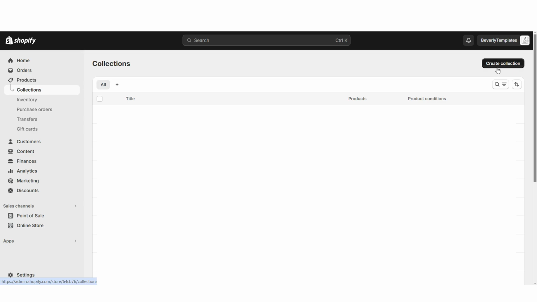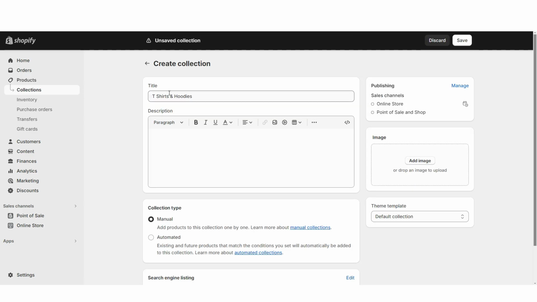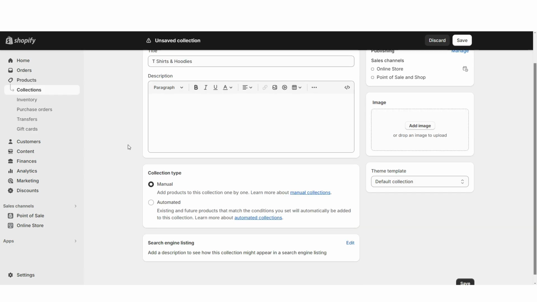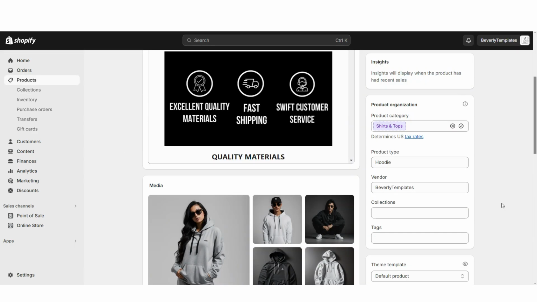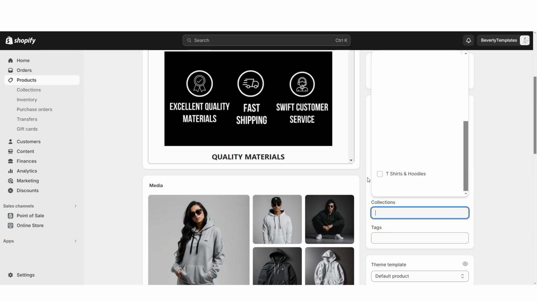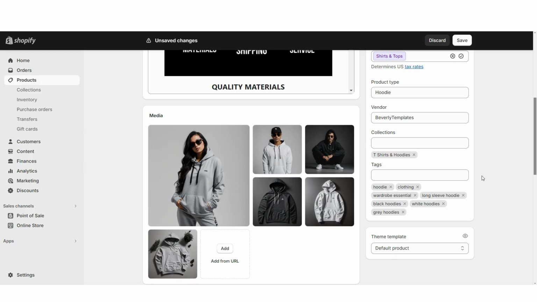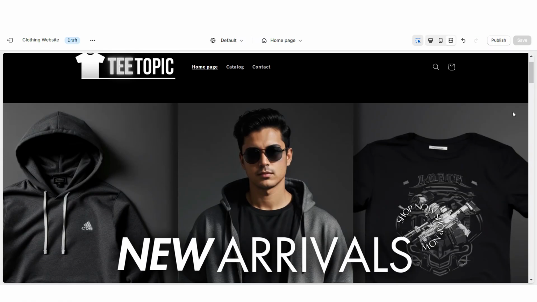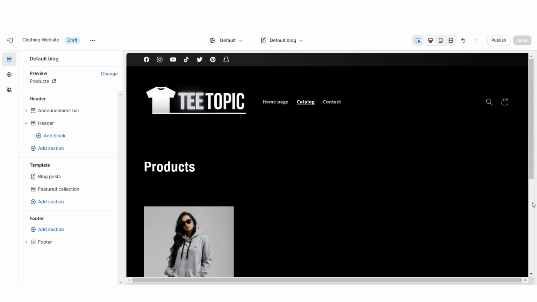collections, then create collection. You can put the title for this collection, and you can also put a mini description. Personally, I always like to keep the collection type set to manual. Then I'm gonna click save. Then when you open up that product, under collections, I'm just gonna assign it to that t-shirts and hoodies collection. Then you can insert your tags for the product. Then when you open your website theme here on Shopify, click catalog, and that product will show up right here